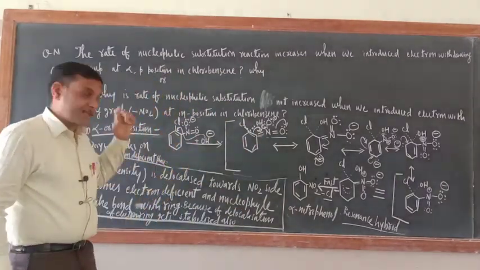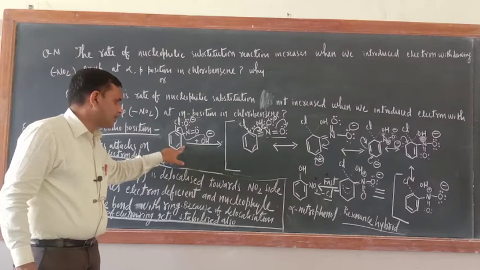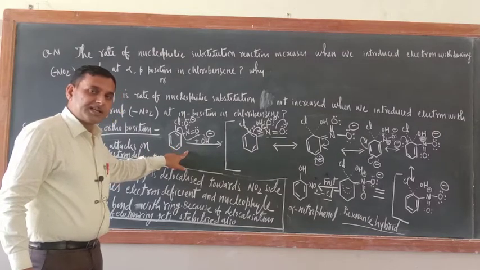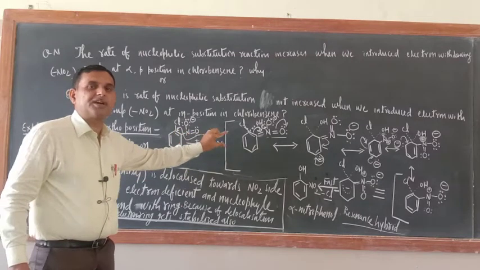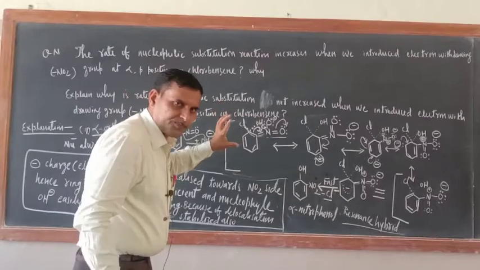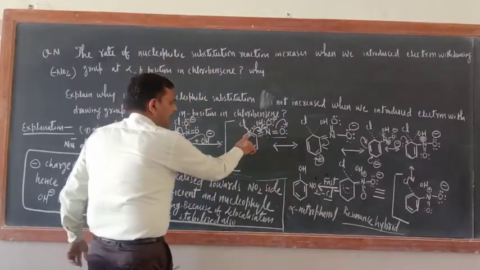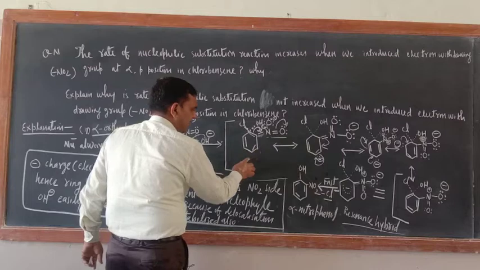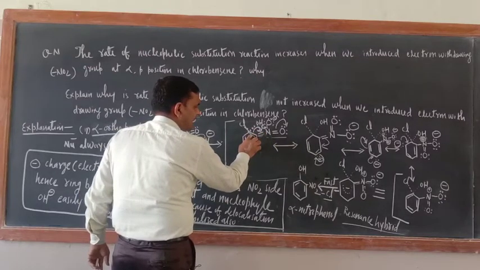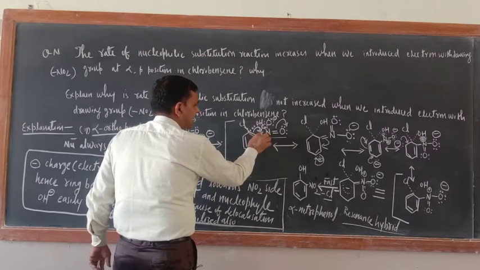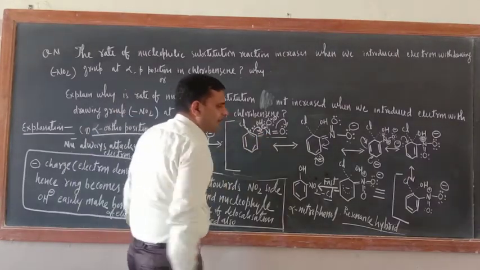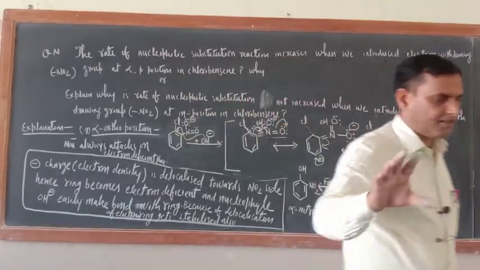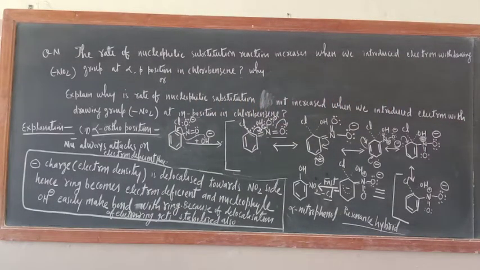Now just see, when the same thing is present at meta position, then what you will see is that the ring electron will not channelize toward this side. There also I have to make the resonating structure. Okay. What you will see, like here in para position also this electron has channelized. In ortho position this bond pair has channelized toward the NO2 side. But when it is at meta position, the same thing will not happen. Let me wipe out this one and make that resonating structure.